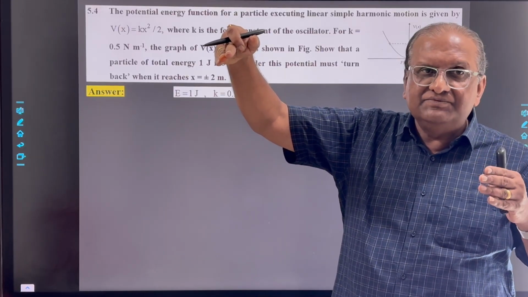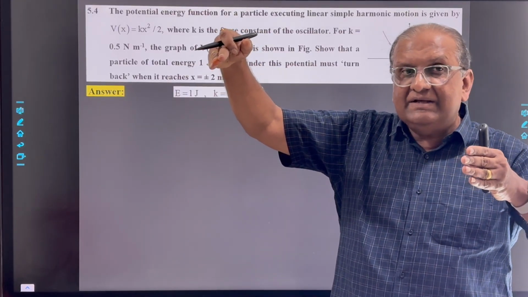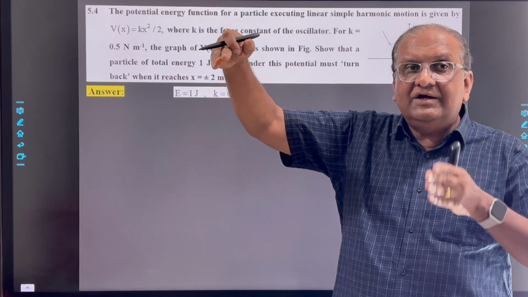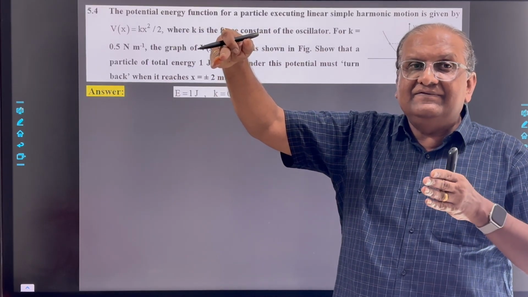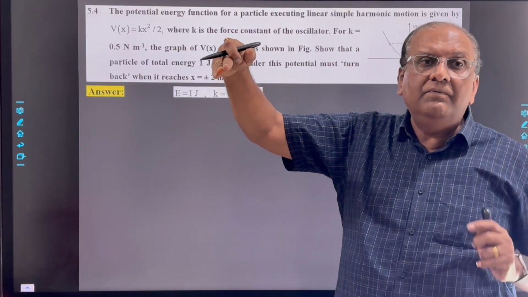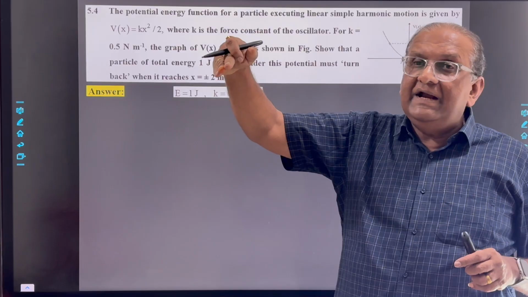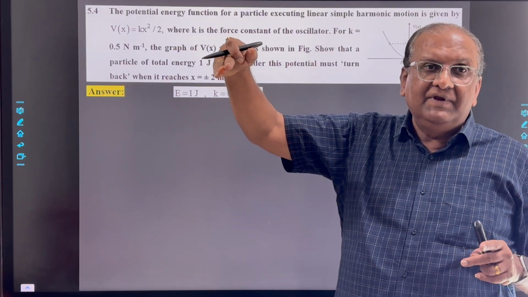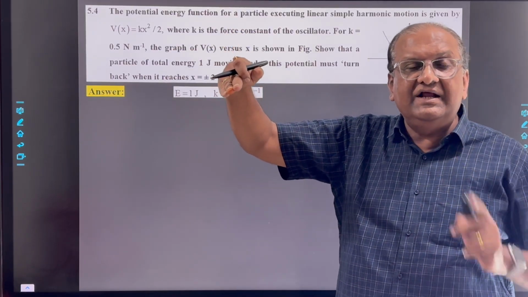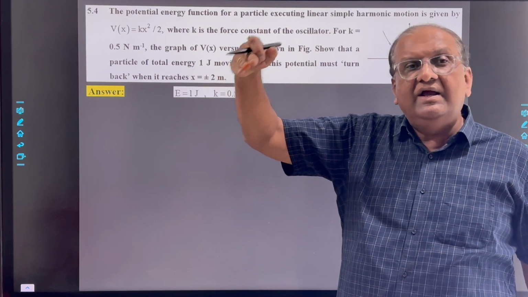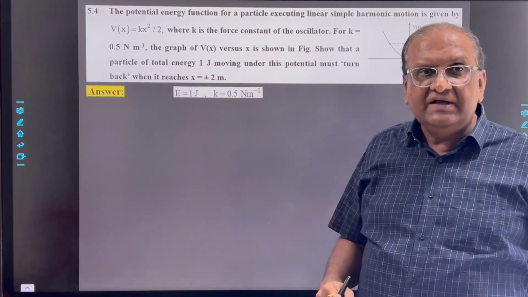Its velocity becomes zero, so kinetic energy becomes zero. So the entire total energy is converted into potential energy. Clear? So at the extreme position, total energy and potential energy will be equal and kinetic energy will be zero,